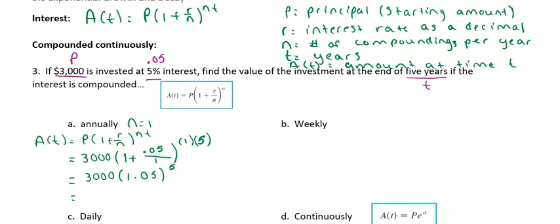That will not work because it's not these two values raised to the fifth. It's just the 1.05 raised to the fifth. If you're not sure, do 1.05 raised to the fifth first and then multiply by 3,000. Make sure you're able to type this into your calculator and get the right result. So we have